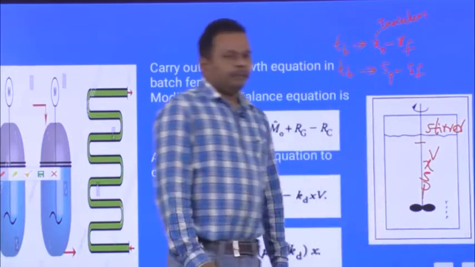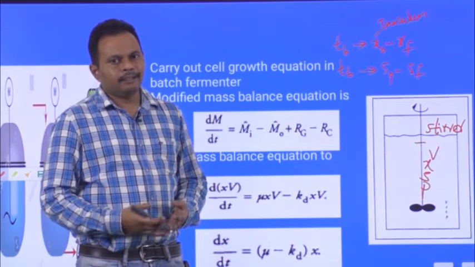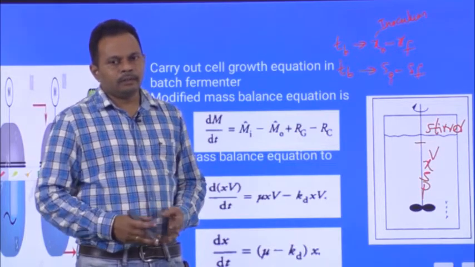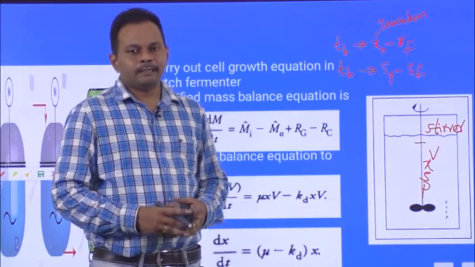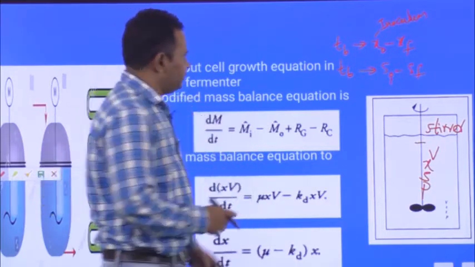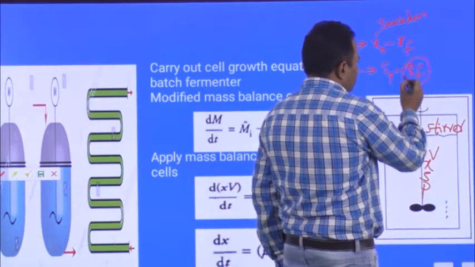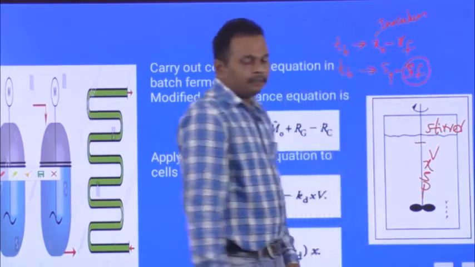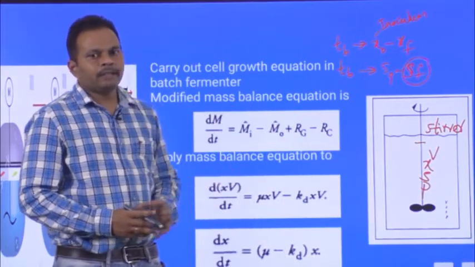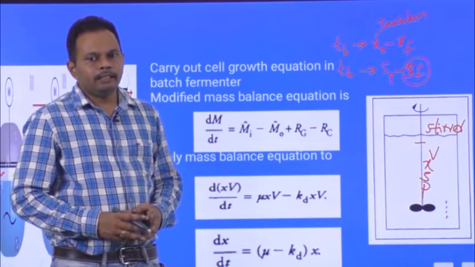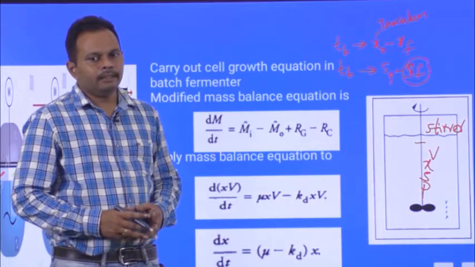So here between X0 and XF, the cell concentration XF is more than Xi, that is inoculum concentration. When it comes to the substrate during biological reaction, generally the substrate is consumed by the cells and substrate concentration reduces. So that means here Si is more than SF. The final value of SF is lower when compared to Si. Si is much greater than SF. So when you do the mass balance over the substrate, you can find out the batch time required to reduce the substrate concentration from Si to SF.